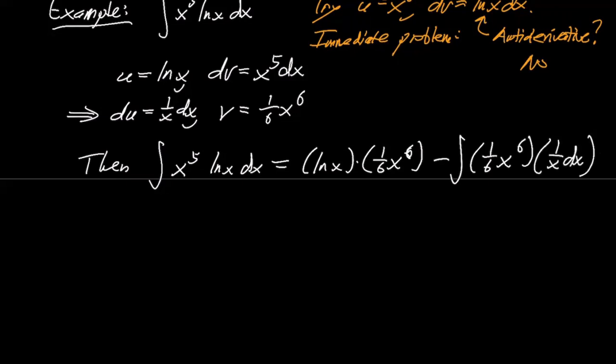Okay, so nice things start happening here, right? We have an x to the sixth times a 1 over x, so there's an x that's going to cancel. So this will cancel with this and make that a fifth power. The 1/6 I can pull out of the integral. This I'll probably put in front just to make it look a little nicer. So we end up getting 1/6 x to the sixth times ln of x minus 1/6 the integral of x to the fifth